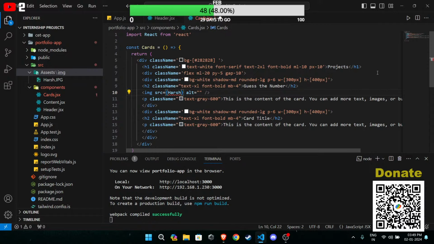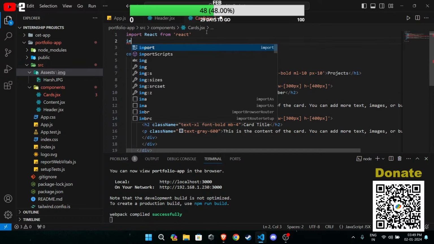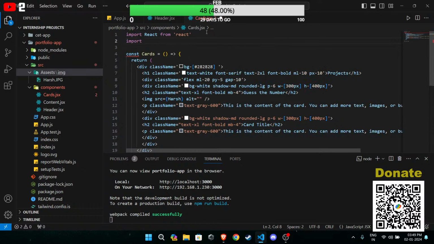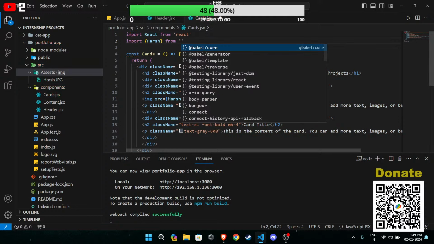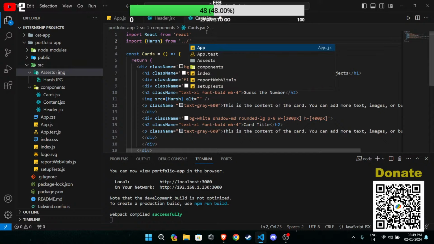It should be just harsh, and it will obviously throw me an error because I haven't imported it. To import, like that only, harsh from assets